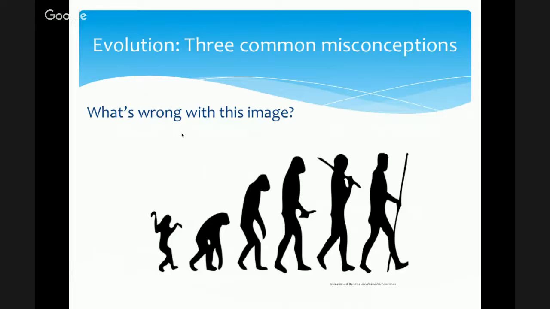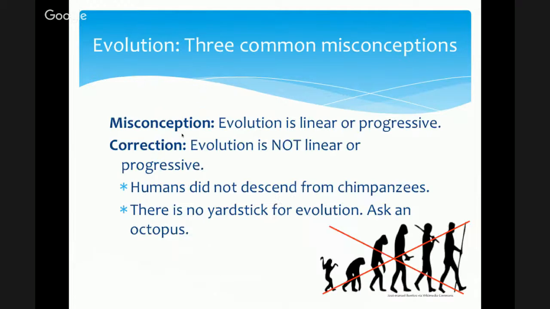Here we are. Sometimes you can go all the way back to a fish with this, but you've seen this before. And you maybe even show it, because this is very common. You see it in some places, in some websites that are reputable, and scientific journalists will use this sort of an image, but it's a really bad image to use. So the misconception on display here is that evolution is linear or progressive, and that simply isn't the case.